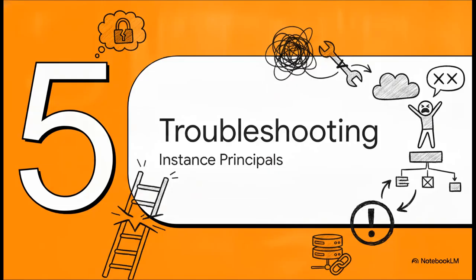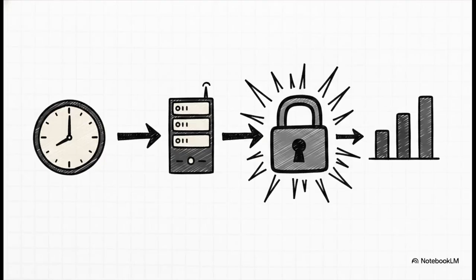And finally, Section 5, Troubleshooting Instance Principals. Okay, so even with the most perfect checklists in the world, roadblocks happen. And we've all been there with frustrating IAM permission errors. You schedule your cron job, the code runs, and out of nowhere, bam, an exception. Specifically, an authorization failure when publishing the metrics. Encountering this is incredibly common, and it directly ties back to how the compute instance itself authenticates. The root cause is almost always the compute